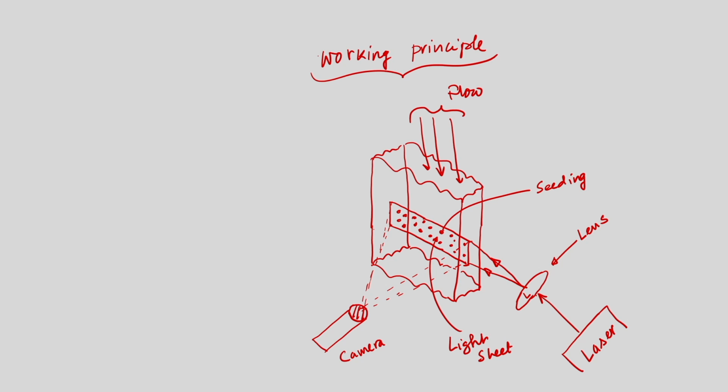So, when any particular fluid is flowing through a confined domain, now through a confined pathway, we need to illuminate the fluid, illuminate a particular zone within this flow field, and if we illuminate it, we can see that the fluid is now seeded with particles. Now, the zone which you are illuminating using the light will be captured by a camera. So, this is the basic working principle.